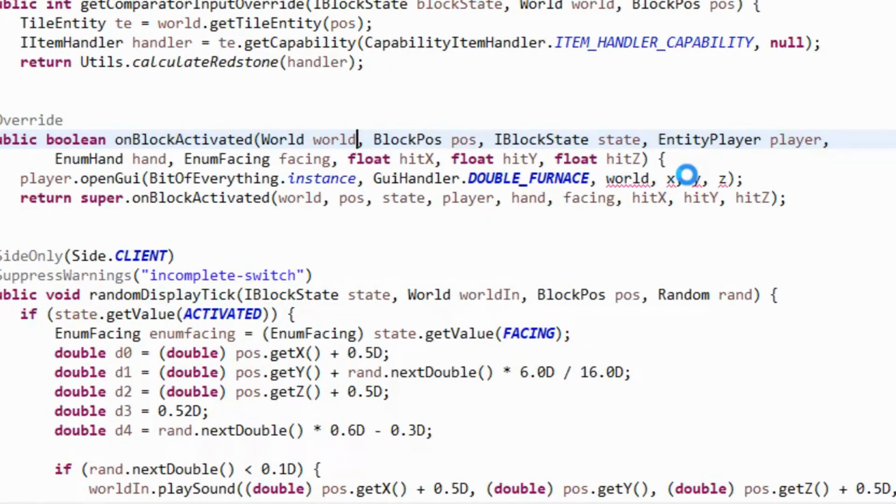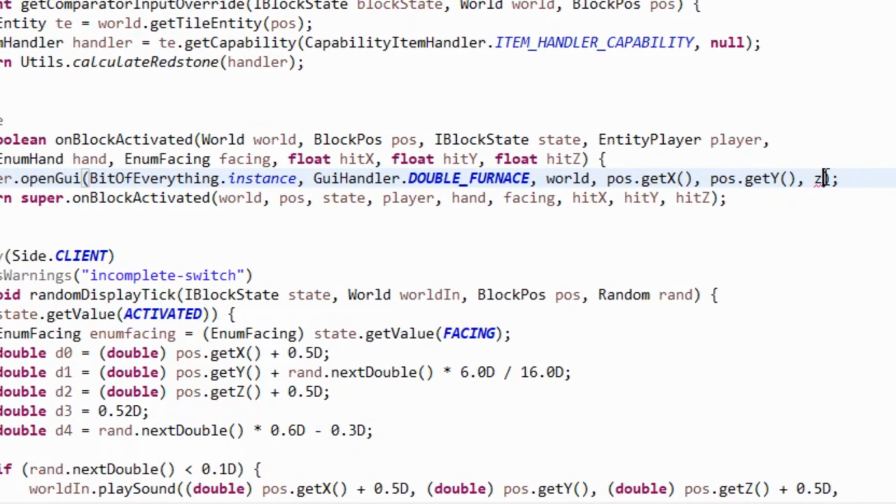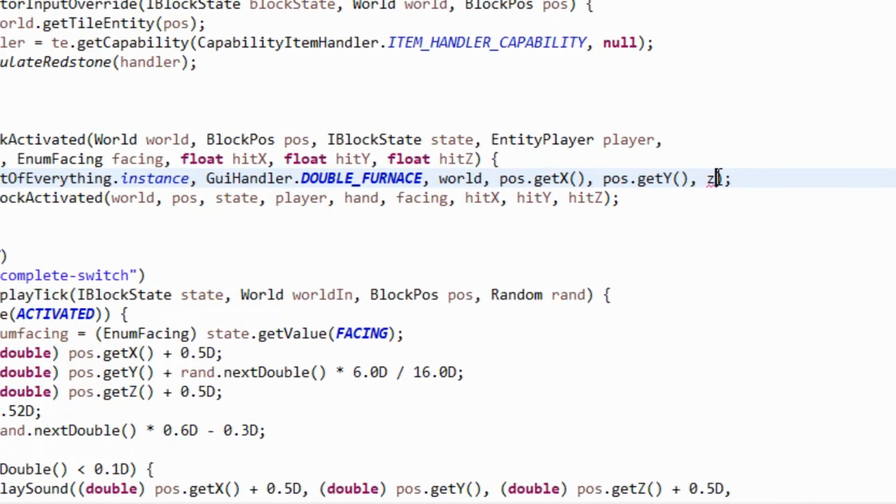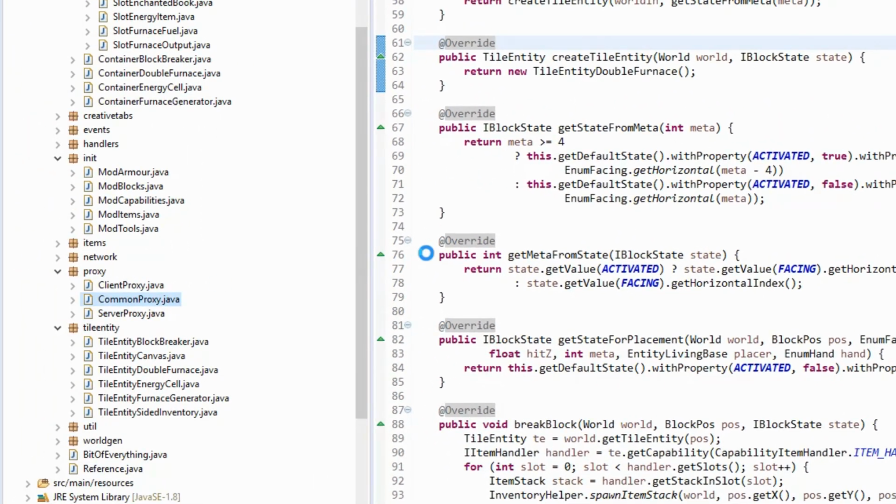And then we just need to enter the XYZ that we're going to open the GUI at. So that's pos. Yeah, we have pos. Pos.getX, pos.getY, and finally pos.getZ, like so. We just need to head over to the common proxy now and register the TileEntity,